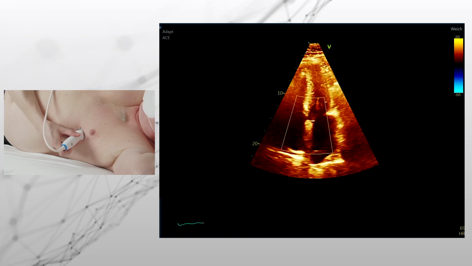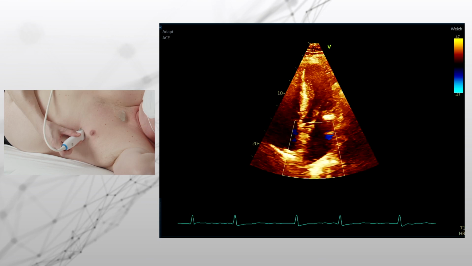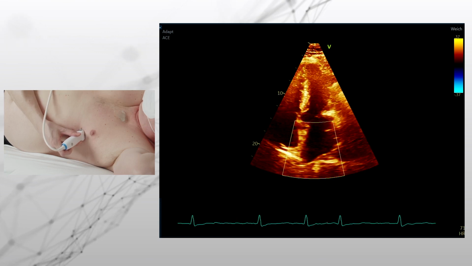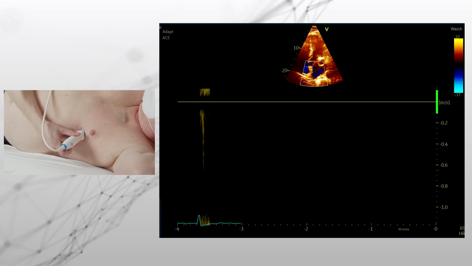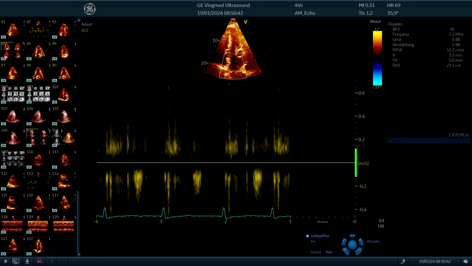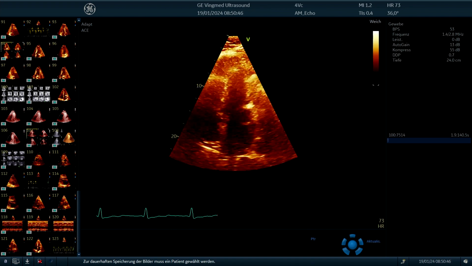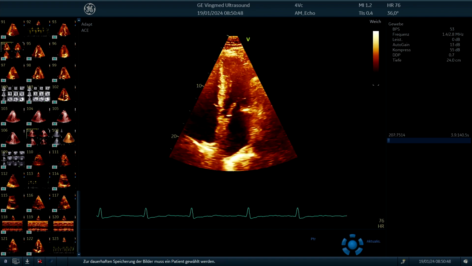You can also try to see if there is a pulmonary venous signal present. So we need to lower probably the PRF of the color Doppler. We need to use pulsed wave Doppler, and he also has atrial fibrillation. So, and the signal is not very good. So this we cannot evaluate, but this is how you would do it for the evaluation of, for example, diastolic